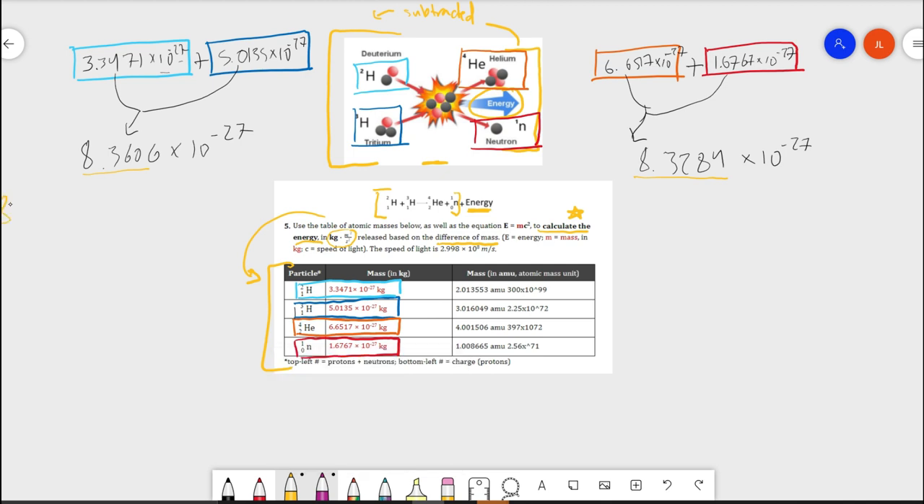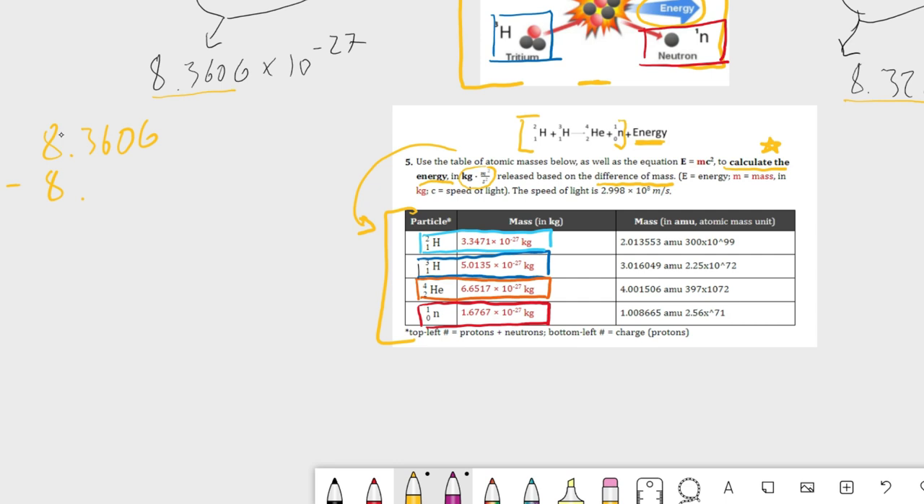8.3606 minus 8.32, and that's an 8 and a 4. We subtract this from the other, all times 10 to the negative 27. I'm going to plug that into my calculator. So that's 3284, and that's 8.3606, and we should get an end mass of